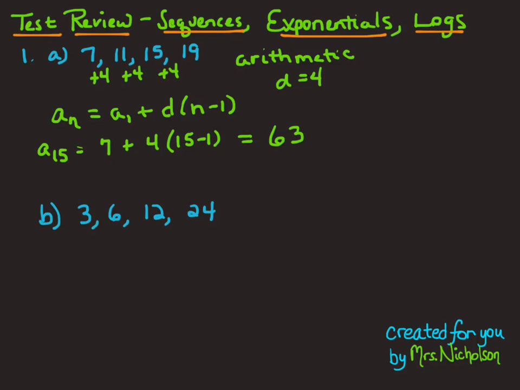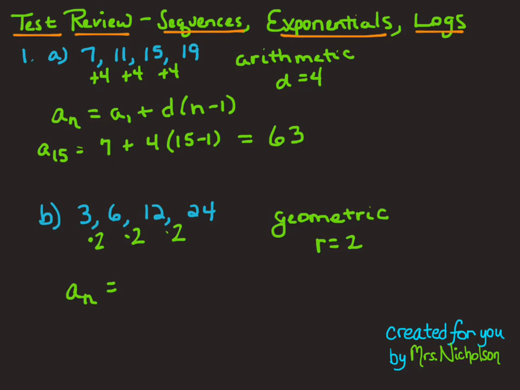In our next sequence, 3, 6, 12, 24, you can see that we're multiplying by 2 each time to create this sequence. And since we're multiplying to create the sequence, that makes it geometric. It's a geometric sequence, and the common ratio is 2. So if I want to find my 15th term,